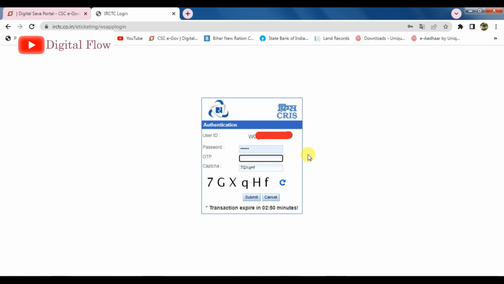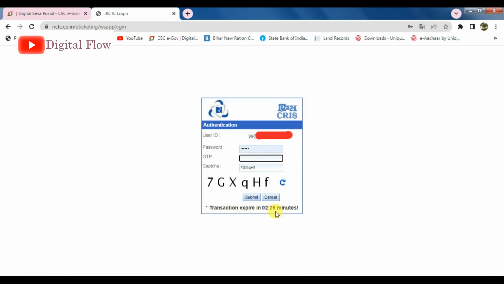We are not booking these tickets, so I will click on cancel, and I will show where your ticket will go after booking, how you can cancel it, and how you can print these tickets. I will show all the things.